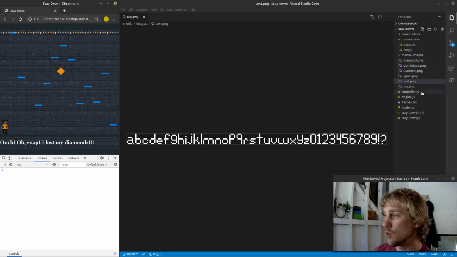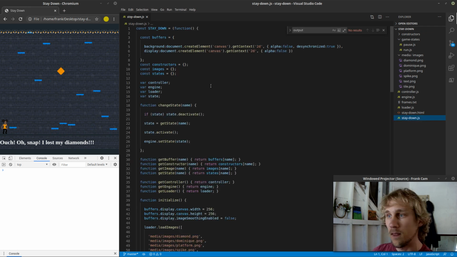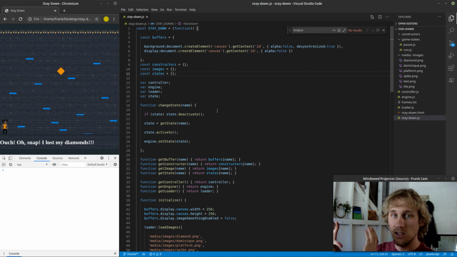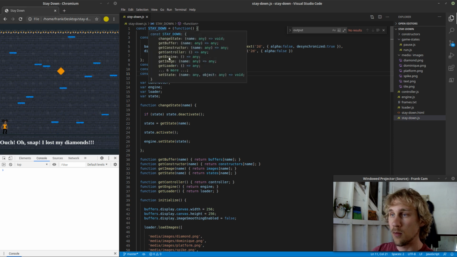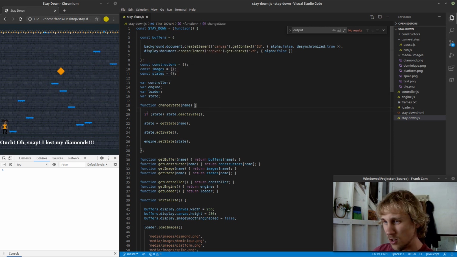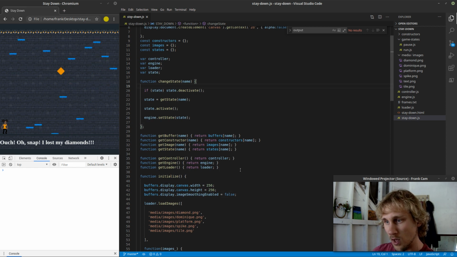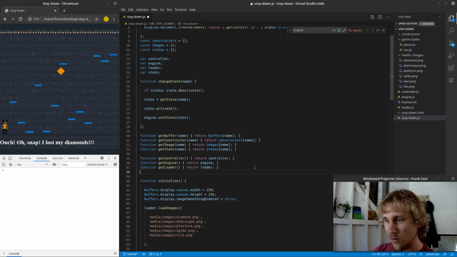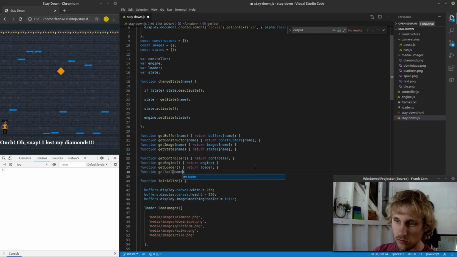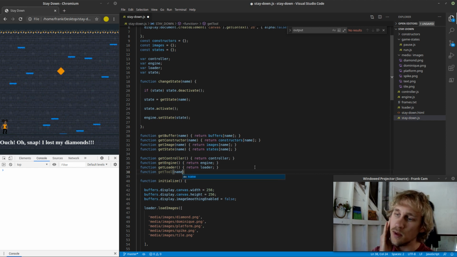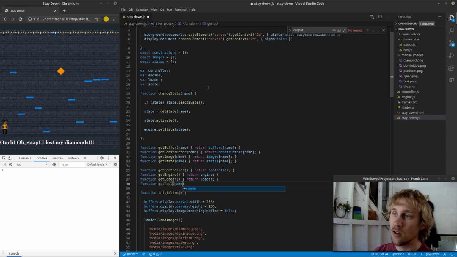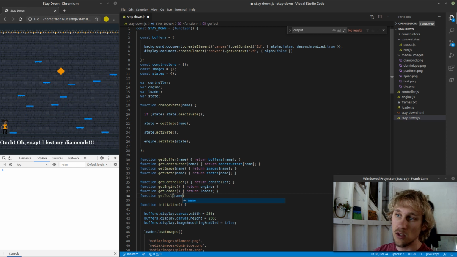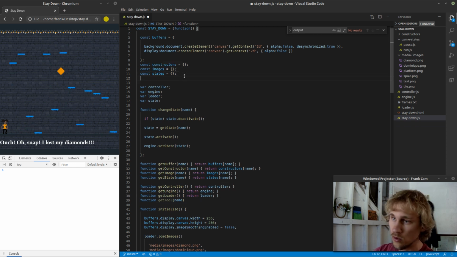The first thing I'm going to have to do is open up the main.js file. And I'm going to have to do some prep work to get a text object that manages drawing my text into the stay down parent object, which holds everything for the game. So let's come over to where we have our get and set functions, and I'm going to make a function for get tool. Now the text object is going to be a tool, and I'm going to add all my tools into a container, kind of like I have a container for my constructors and for my images and for my game states. I'm also going to have one for tools,